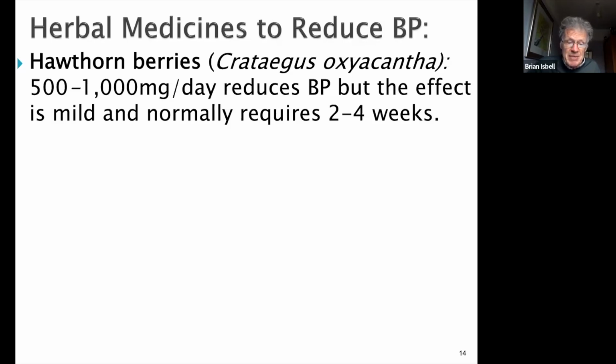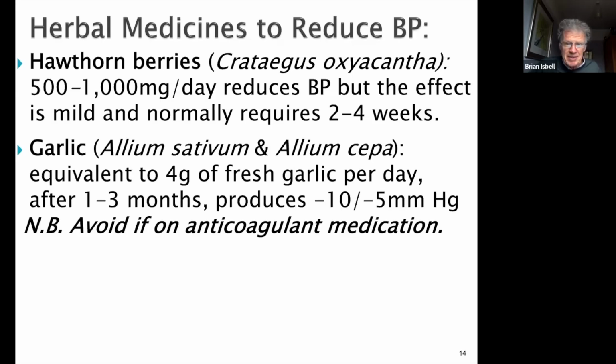Now, I've mentioned already, and it's a bit of a contest whether it's a food supplement or in fact a medical herb, garlic. So garlic, in whatever form, whatever type of garlic, if you take 4 grams of fresh garlic per day, the research has shown that after 1 to 3 months you get, remember these levels, -10 for systolic, -5 for diastolic. It wouldn't take more than a couple of those to very often take someone that's borderline hypertensive